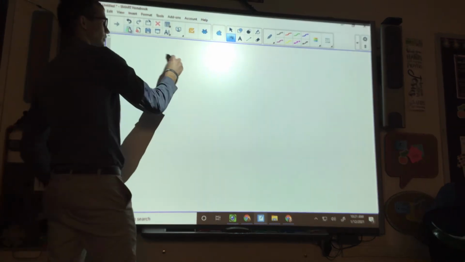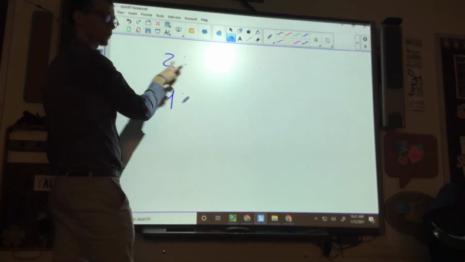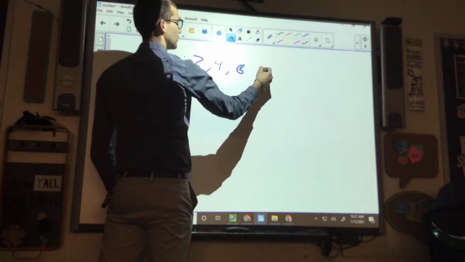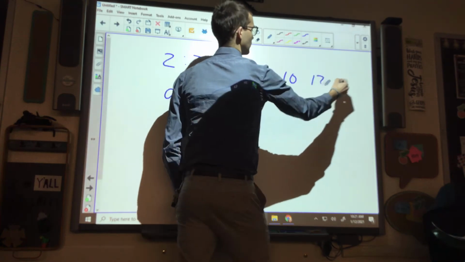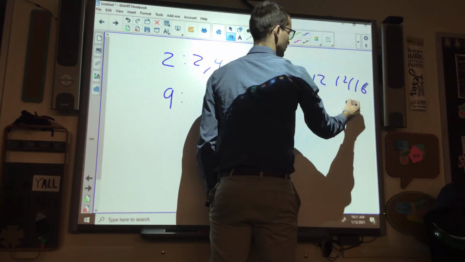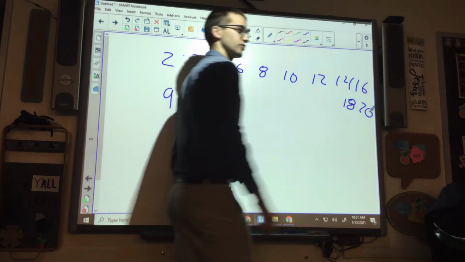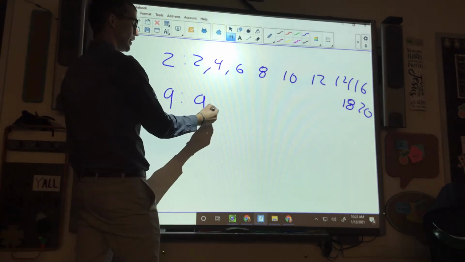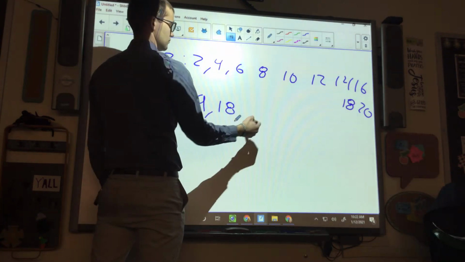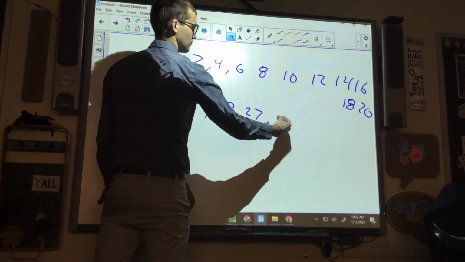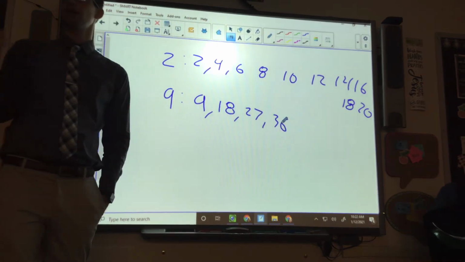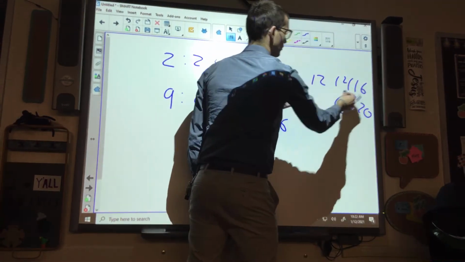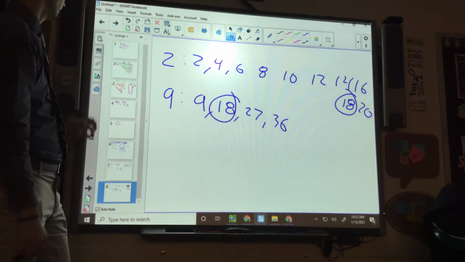We have to say 2 and 9. What are the multiples of 2? Count with me. 2, 4, 6, 8, 10, 12, 14, 16, 18, 20. Okay, I'm just going to stop there. Now the multiples of 9: 9, 18, 27, 36, 45. We shouldn't have to go any further because we know that both 2 and 9 go into 18. And 36. So, if I go back here,